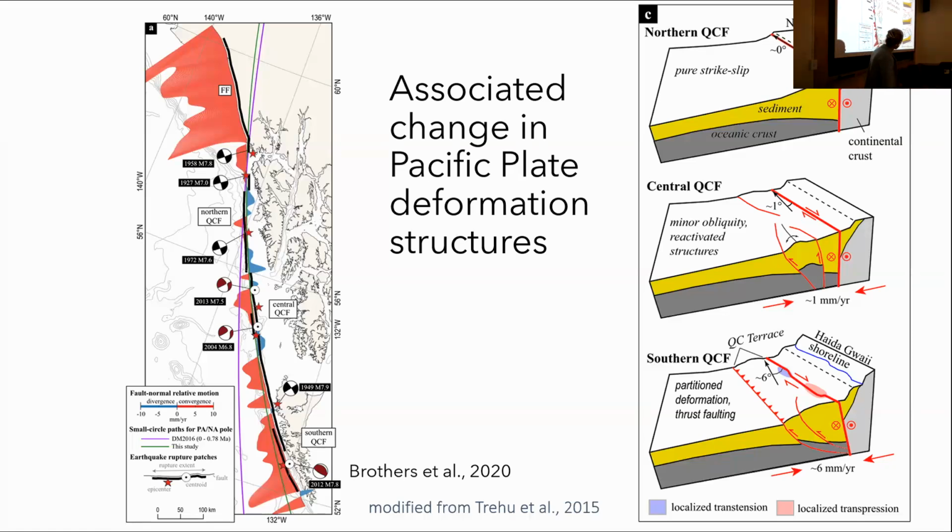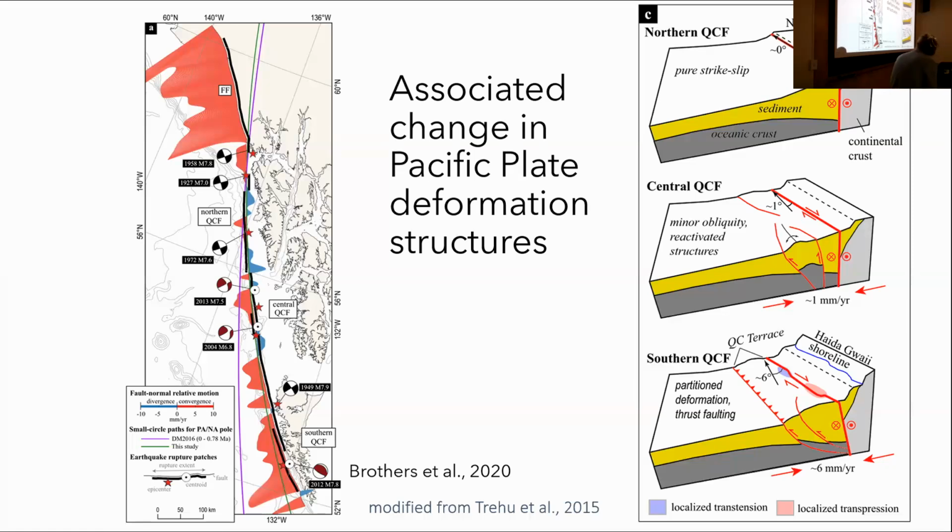Okay, and so folks have been observing this before and then certainly after these recent earthquakes, and have come up with some ideas for how the tectonic and deformation expression of the fault might evolve as you go from this highly oblique zone, this compressional zone in the south, to something more strike-slippy in the north. And so this is one example of some cartoonified tectonic deformation models where you have features like the Queen Charlotte